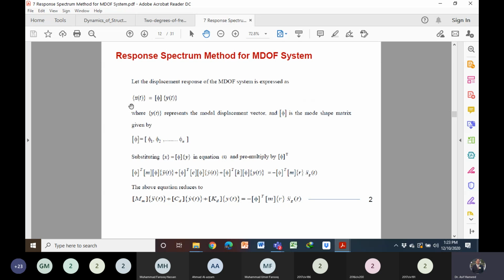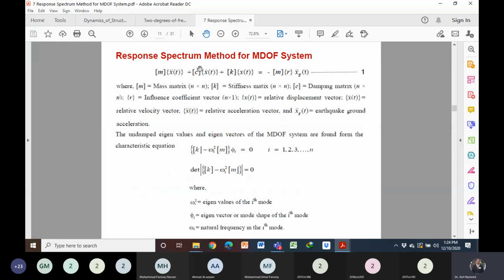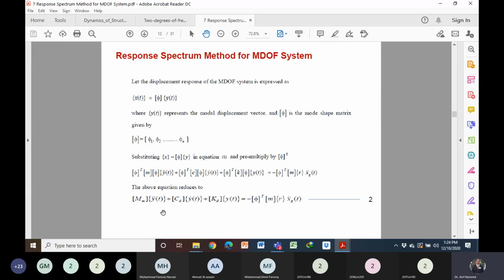Now, we can transform the coordinates from the normal to the modal coordinates. Okay, and then we can multiply that previous equation with phi t. So we transform the coordinates. What do we have here? This is the equation of motion. So we can transform the coordinate from the normal to the modal here. Phi, why we can use this equation: phi times the velocity and then phi times the displacement. And then we can multiply throughout with phi t.